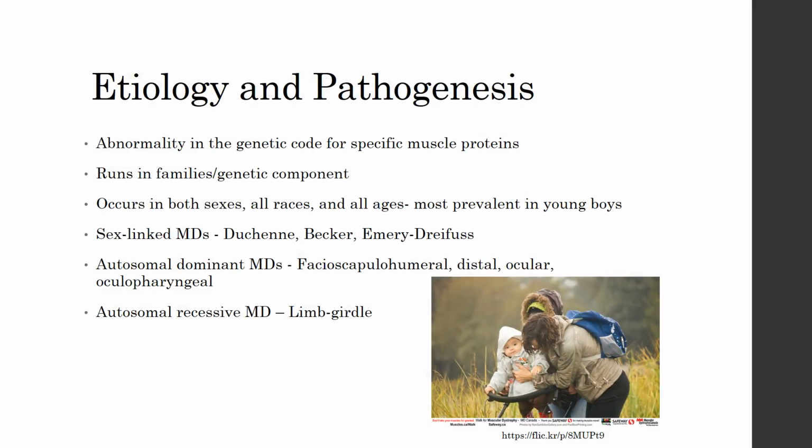The etiology, or causative factors, of MD is a genetic mutation in the genes responsible for production of healthy muscle structure and function. Because the mutation occurs, the muscles are no longer able to function normally, which leads to muscle disability. The disorder can be sex-linked, dominant inherited, or recessive inherited. In the case that MD develops as a new event in the family, the muscular dystrophy would be a spontaneous mutation in the cells. MD is most prevalent in young boys ages 3 to 5.